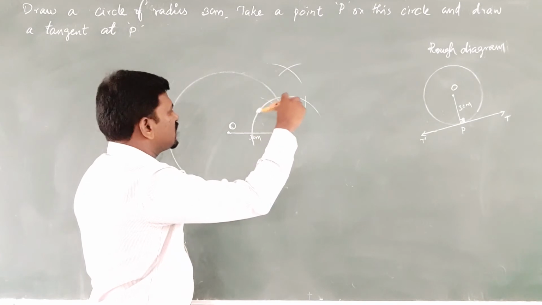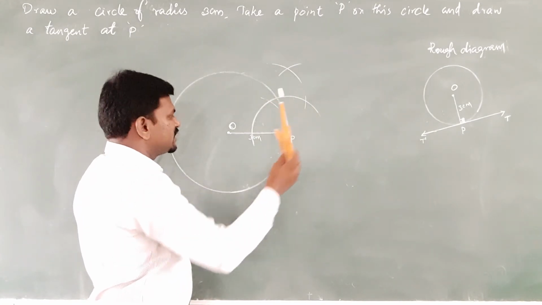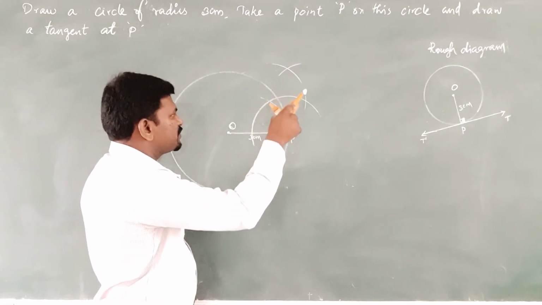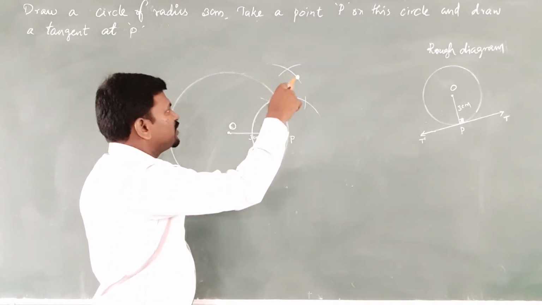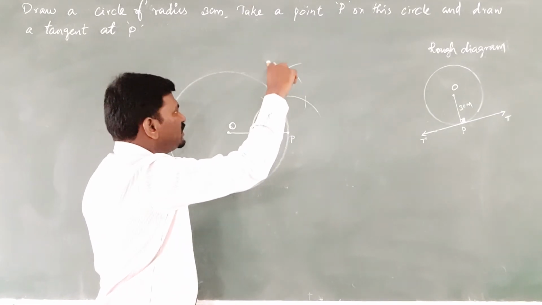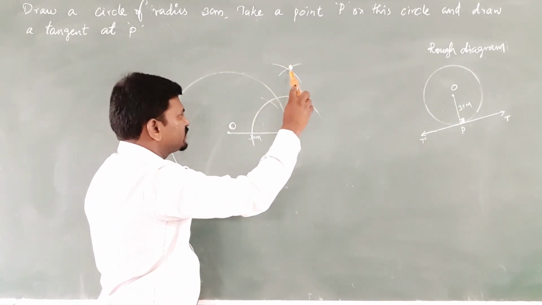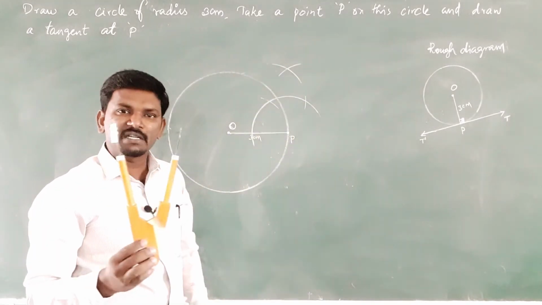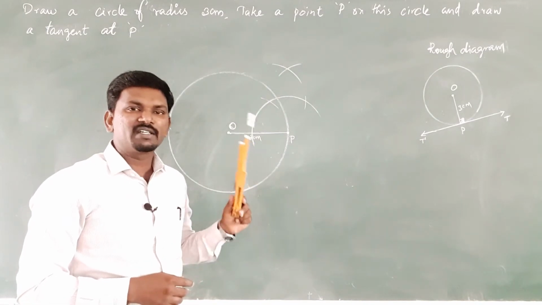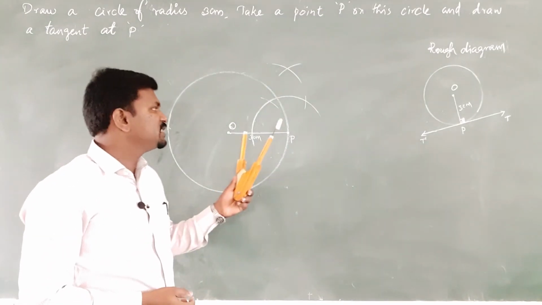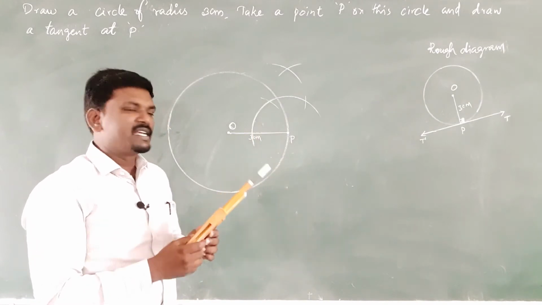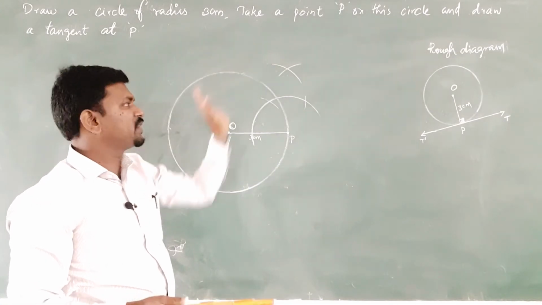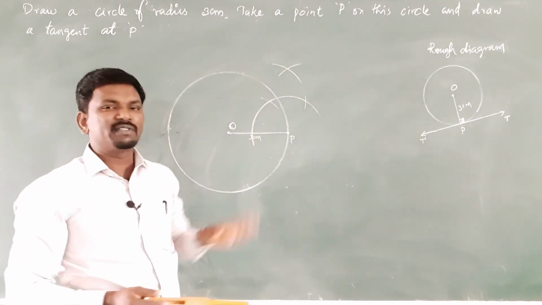Then cut an arc like a semicircle, then from this intersecting point cut one more arc, then from this point one more arc, then above this semicircle we are cutting like this. Okay, clear? For all these things the same measurement, we have to be very careful when we do this, we should not change the measures. For these 2 arcs we can take different measures, no problem, but it is good to do all these things with a single measurement.